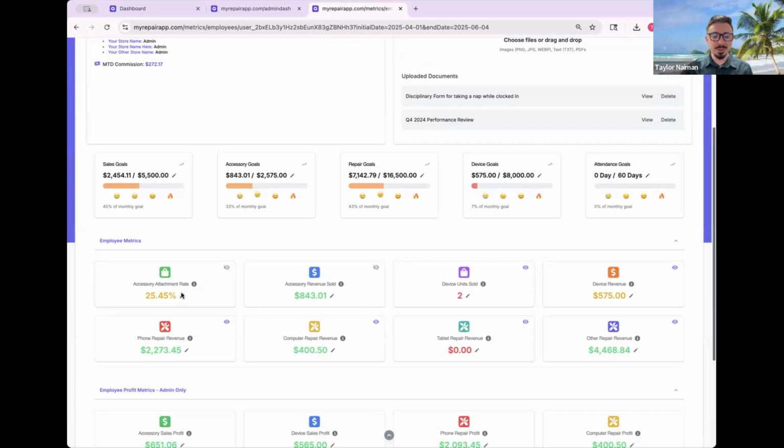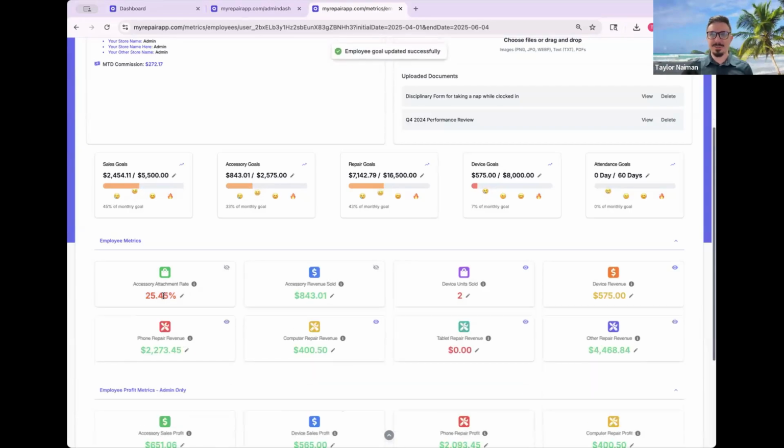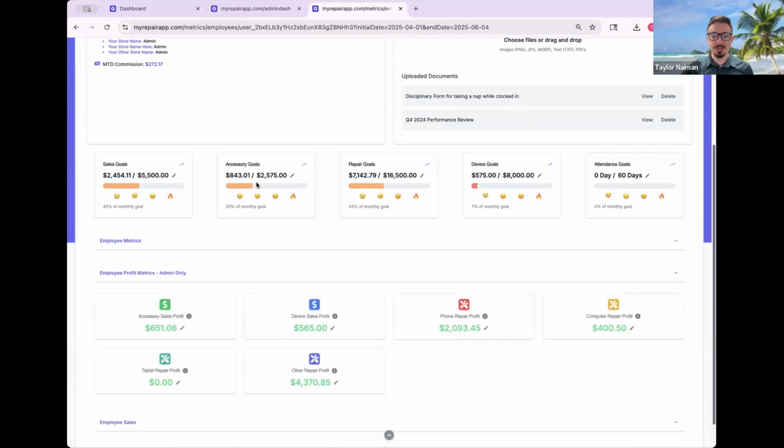So what's really cool about that, you can edit also, you can create what we call a red, yellow, green system. So based on the percentage points, right? So if I put 24% minimum, for them to hit a minimum of a 24% attachment rate to hit yellow, anything below 24 is red. So if I change this, it's still yellow. If I go to 26%, they are now failing, and so on and so forth. And you can do that with everything. So you can edit the quantities, you can edit the goals for